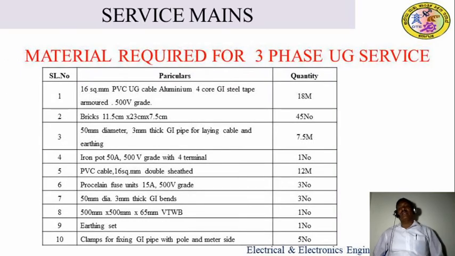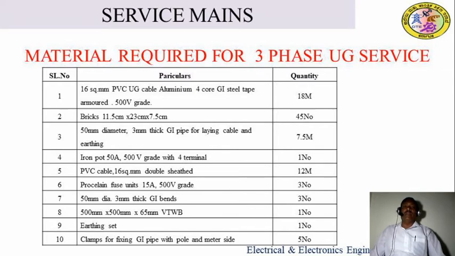Then as per the material calculations, you go to the material required or schedule of material, also called a bill of material. So for finding the bill of material or making a schedule of materials, we make a tabular column with serial number, particular and quantity. In the serial number column, we put the serial numbers of each material. In the particular column, the materials we have calculated we write with their specification, and in the quantity column, we put how much quantity is required.